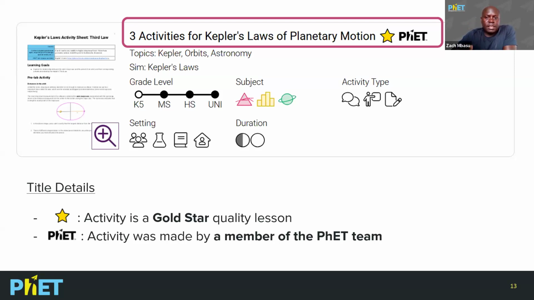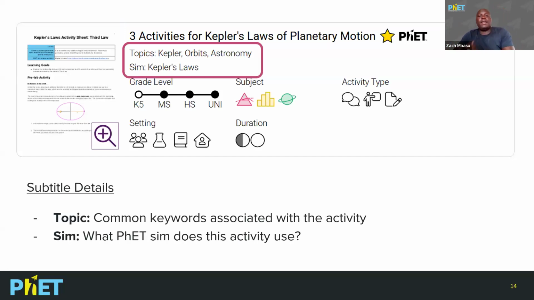And it indicates that the activity, for example, for this particular one, was created by a member of the PhET team, which assures you of its quality and alignment with our PhET principles. You'll find that we also have some other activities that are not developed by PhET team members, but they have gold stars. So I just wanted to highlight that it can help you to at least identify